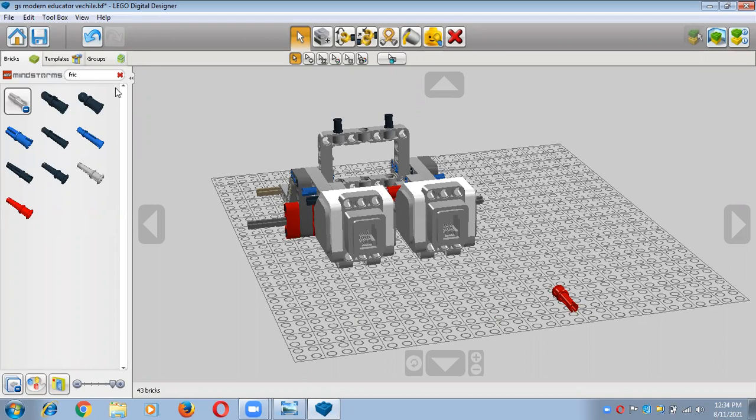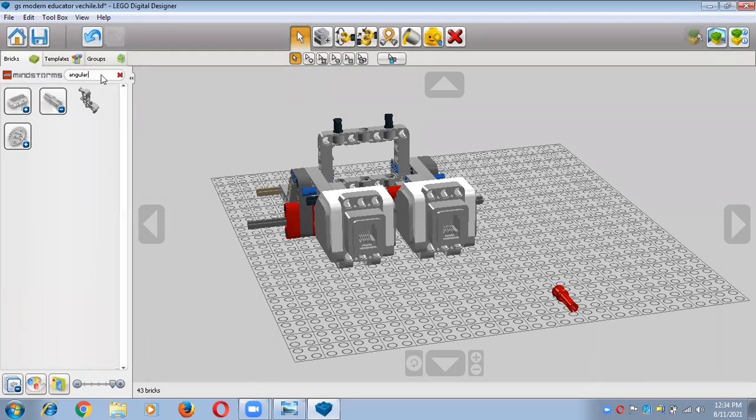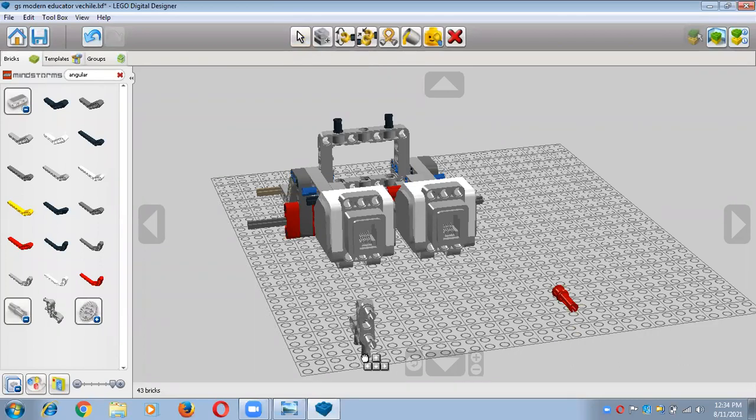So I want to use one more part, and its name is angular beam. Yes, here it is. This one is the angular beam, which I want to take. I want to take this angular beam, and I want one cross axle or connector peg.